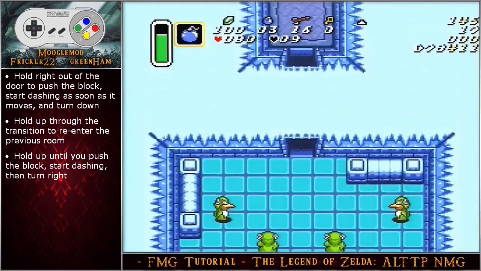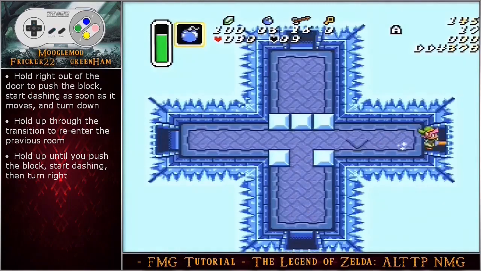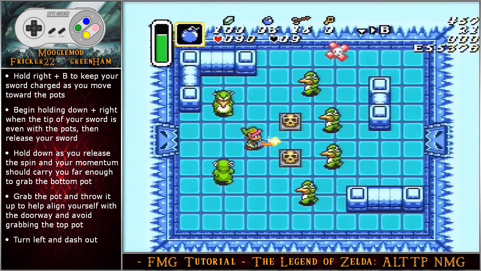Hold up through the transition to enter the previous room. Hold up until you push the block, start dashing and then turn right. Hold right plus B to keep your sword charged as you move toward the pots. Begin holding angle down right when the glowing tip of your sword is even with the pots and then release